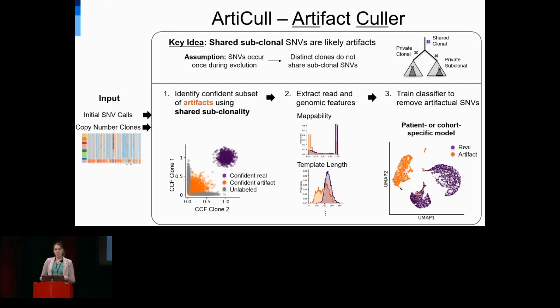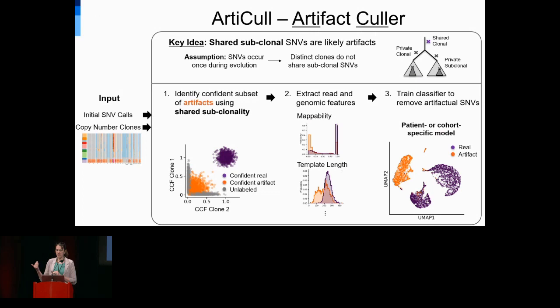So we tie these ideas together into a method that we call ARTIFACT-CALLER, where we use this key idea that shared subclonal SNVs are likely to be artifacts. And we use that to identify this confident subset of artifacts, as well as our confident reals, which are shared clonals. We extract a number of read and genomic features, and then we can use this to train a classifier